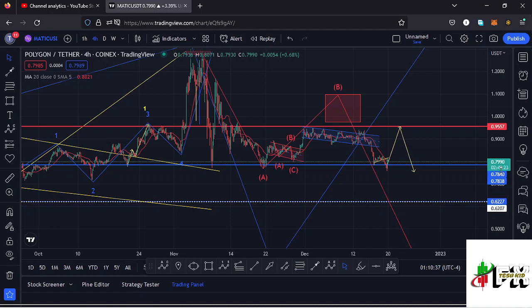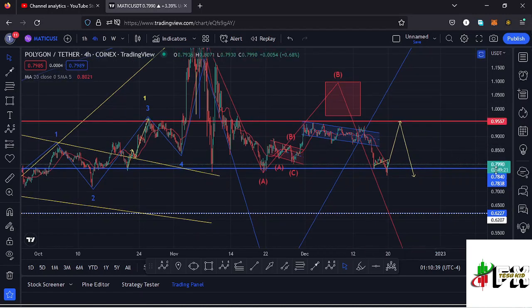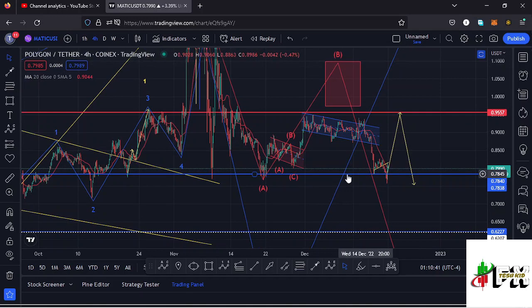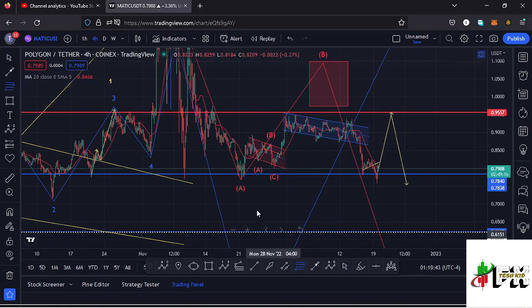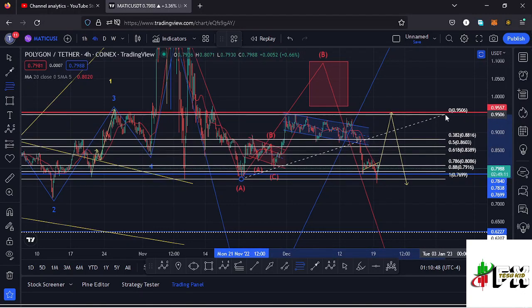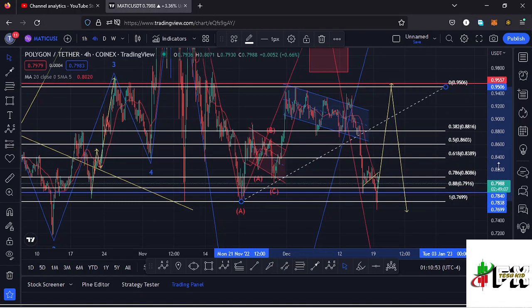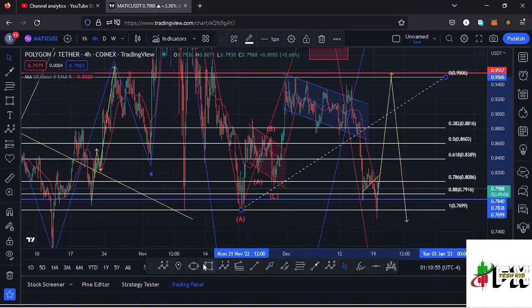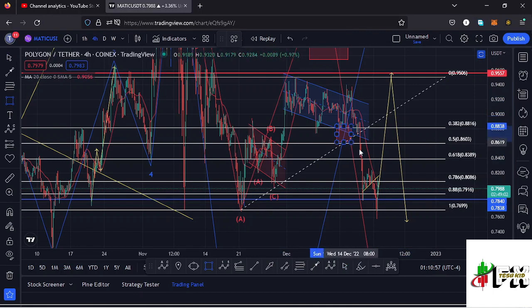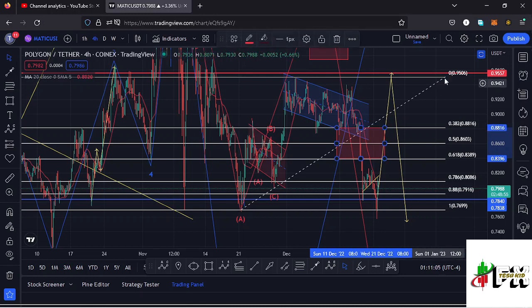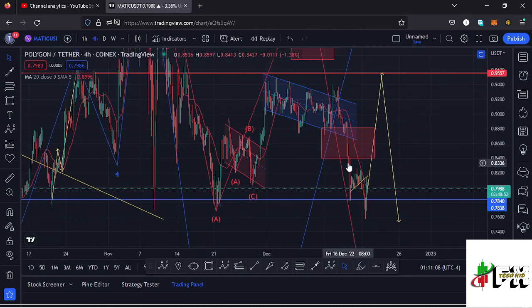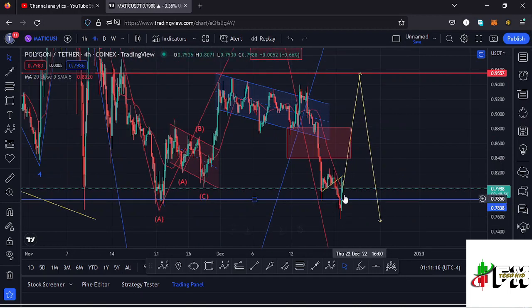And for us to still say that we're in the formation of that wave B, there are key areas on the Fibonacci's that we need to continue holding above. Using the Fibonacci's, connecting it from the low down there to the high at around the $0.94 mark, the target area that we need to continue holding above is the area between the fib level 0.382 and the fib level 0.618, which perfectly lies between the $0.88 mark and the $0.83 mark, which is a target area that we have lost here on the Fibonacci's and continued pushing even lower,